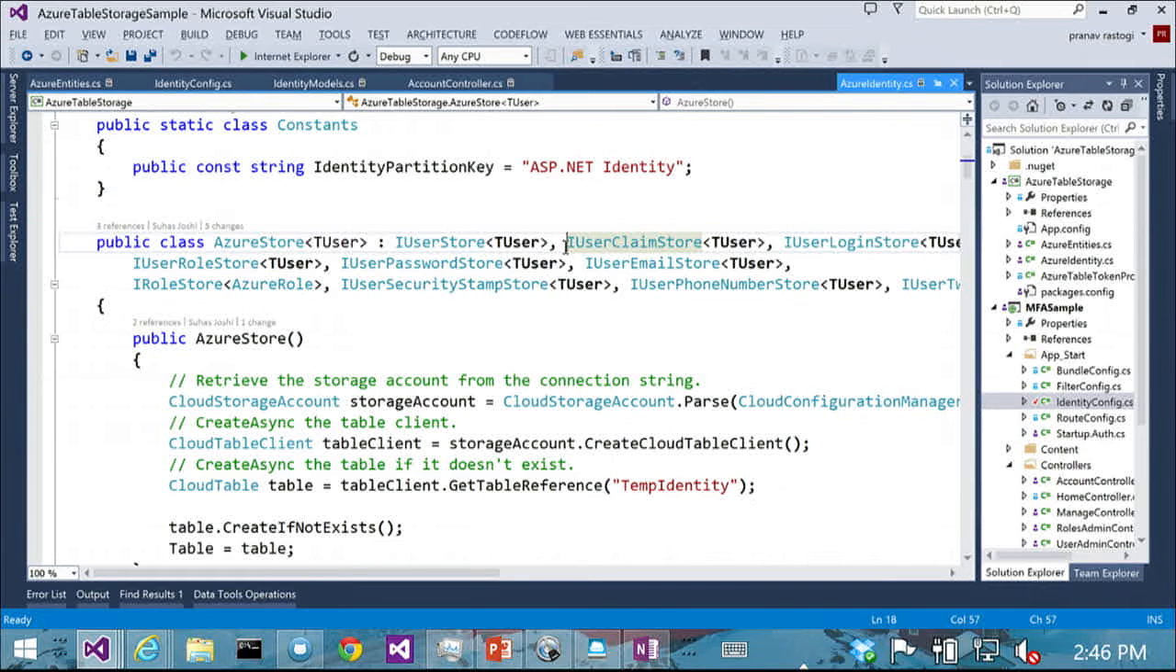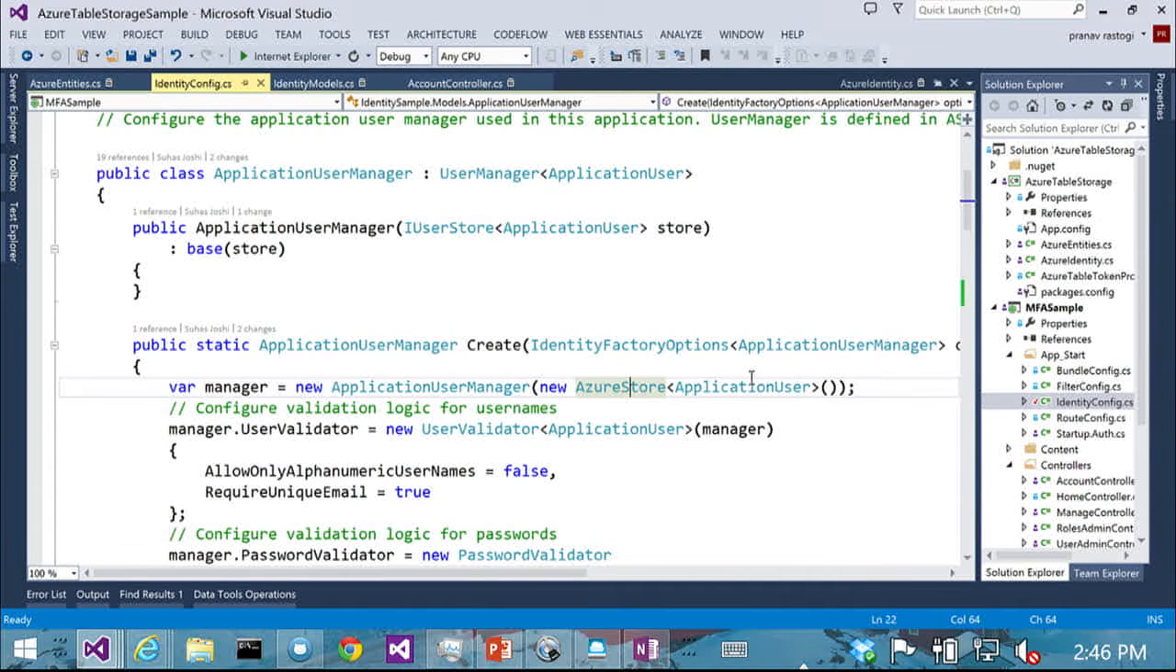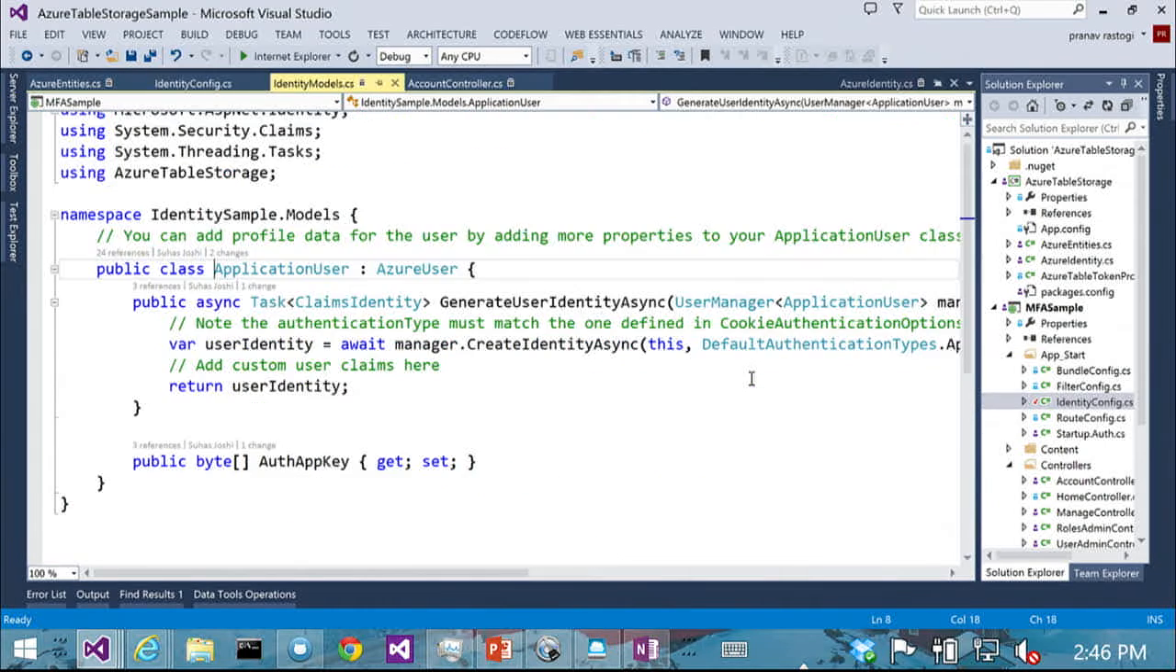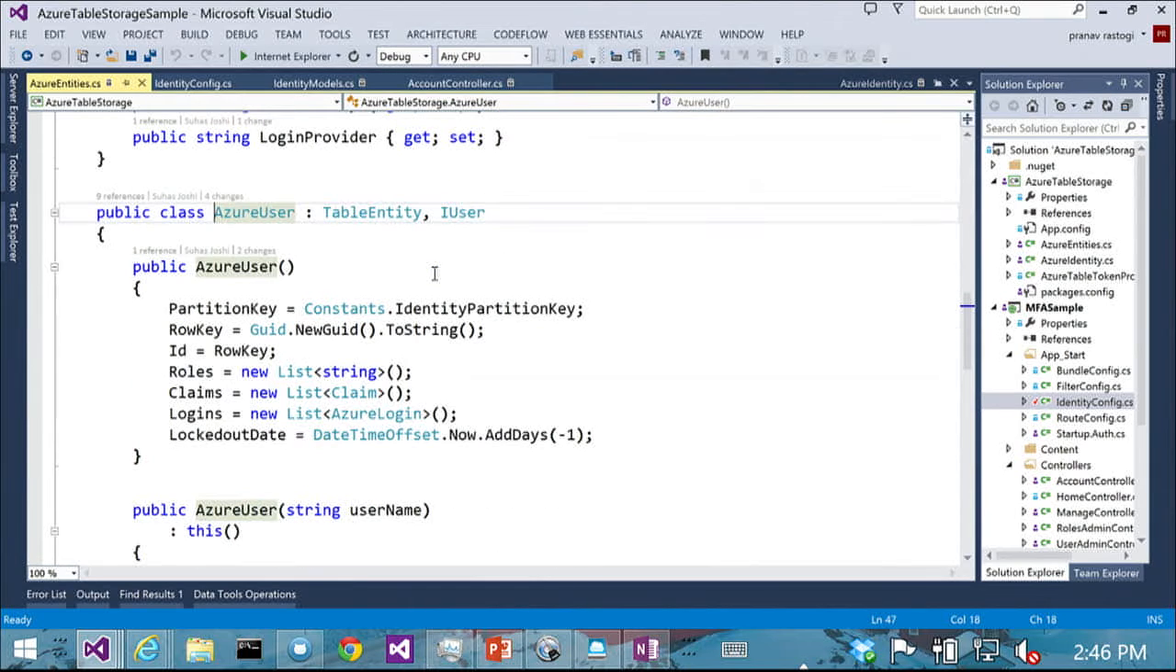Like, do you want the email store? Do you want the role store? So you can choose. It's basically implementing all these interfaces, providing what the POCO looks like in terms of my user type, and in this case it's application user, which is deriving from Azure user. Remember, in my first demo I showed you application user deriving from identity user, which was coming from the